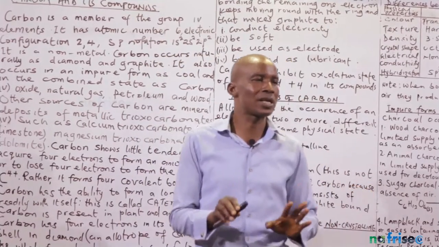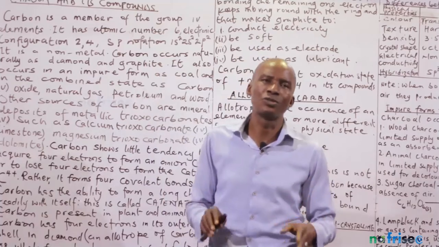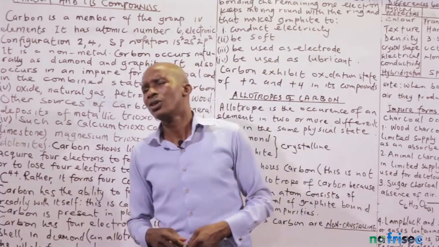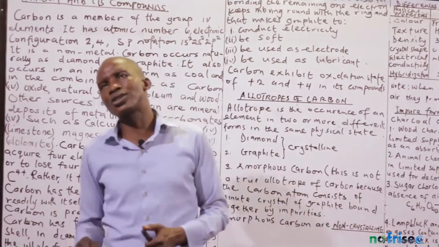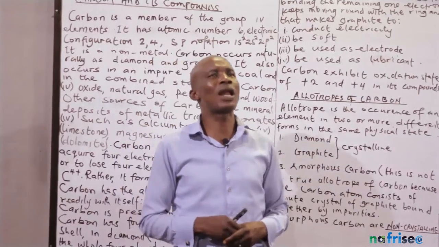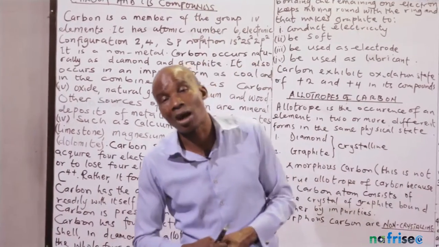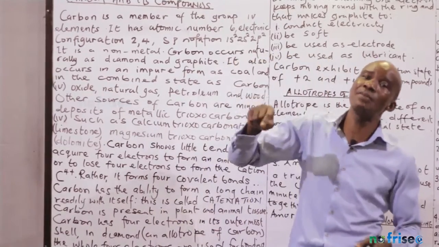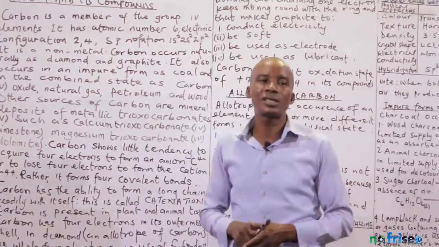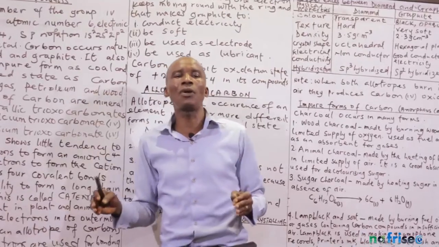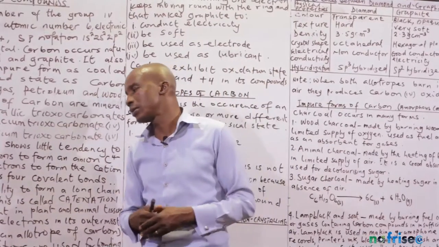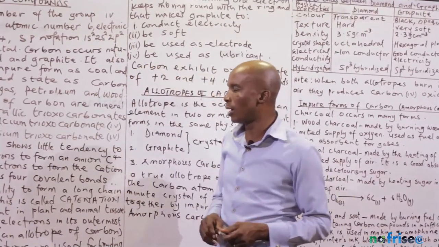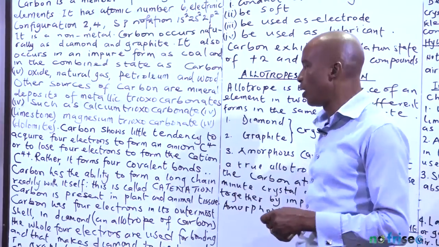So carbon is present in animal tissue. In plant tissue, carbon is equally present. In plants we have starch and other compounds, and if you check, the important element in starch is carbon. So carbon is present in plant and animal tissue. Still on that,